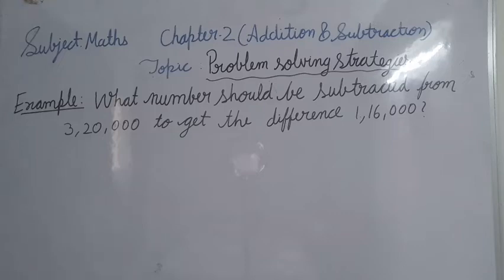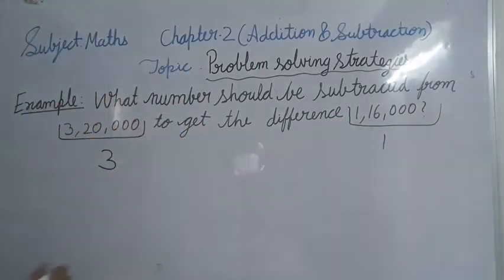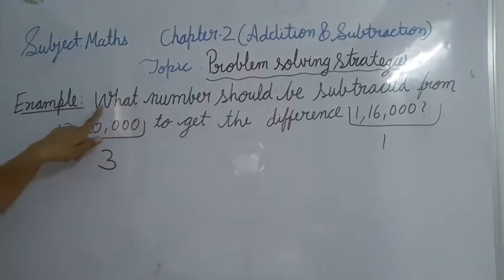To simplify the number, meaning if in place of this I write 3, and in place of this I take only 1. Yes, so now see, it will be easy for you. Then rewrite the problem, that is the fourth step. Now I am writing here, in place of this I have written 3, in place of this I have written 1. So now just read the problem again.